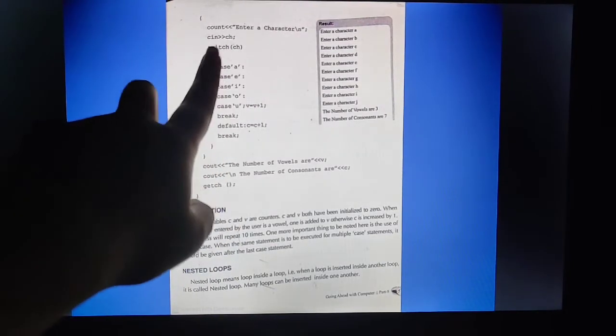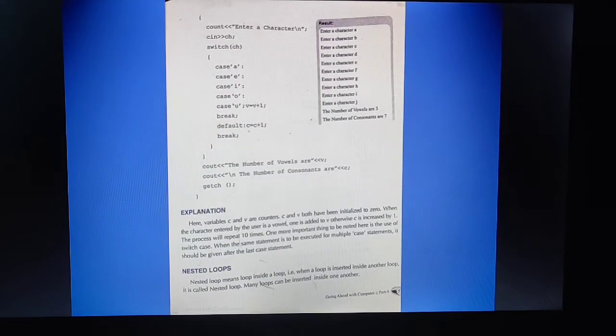When we take switch as a keyword, then what do we use? We use cases. We make some modules like case A, case E, case I, case O, case U. What are these? These are basically your vowels. So we have already inputted the vowels.